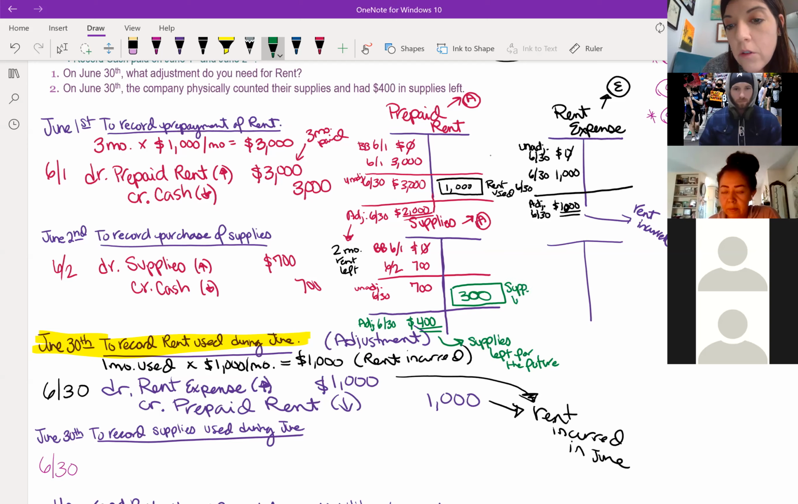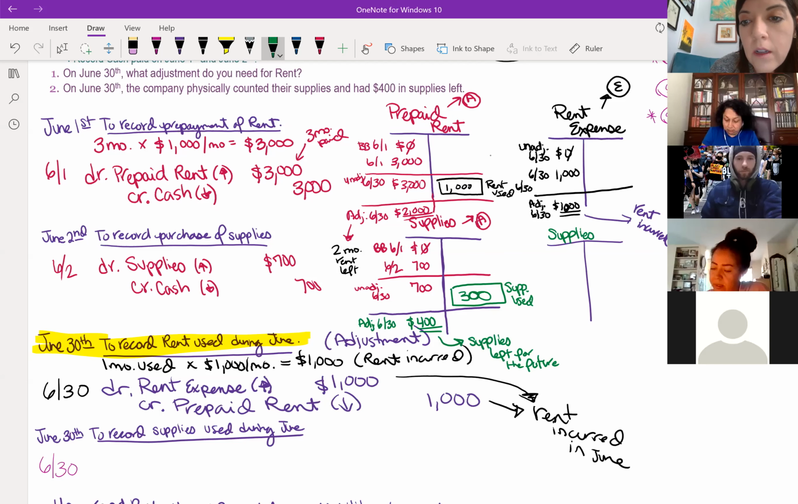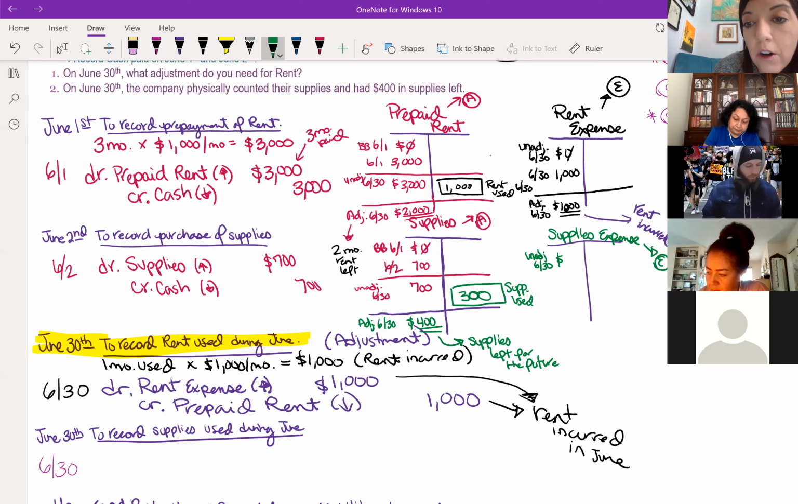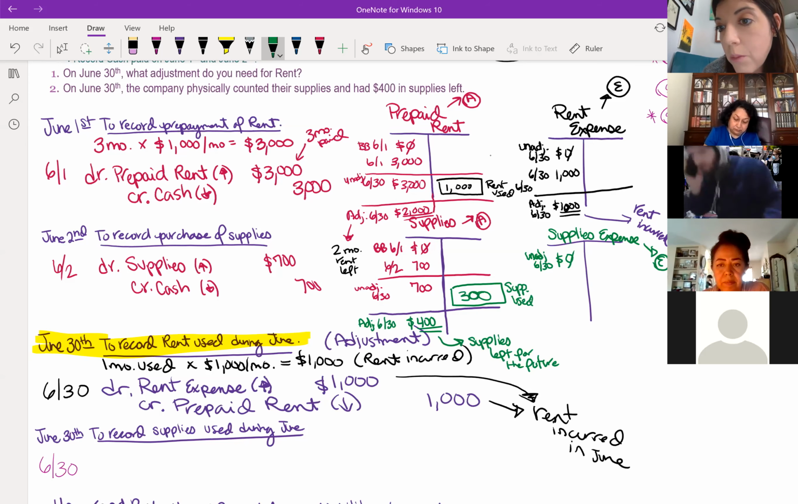Supplies used. What's the account that I'm going to record this in? Supplies expense. The expense account. So obviously my unadjusted balance at 6:30 for supplies expense is 0 because I haven't reported any supplies being used